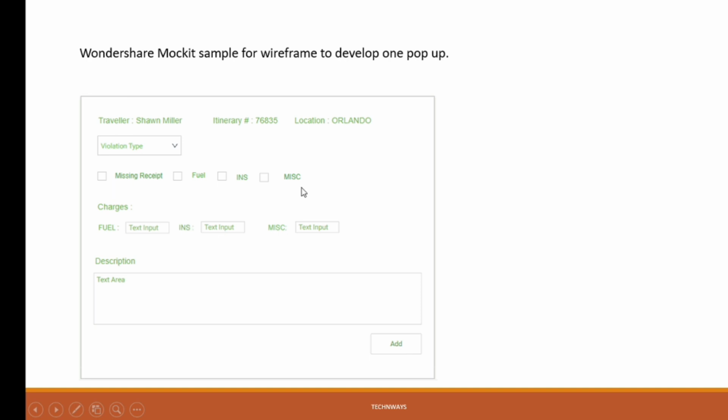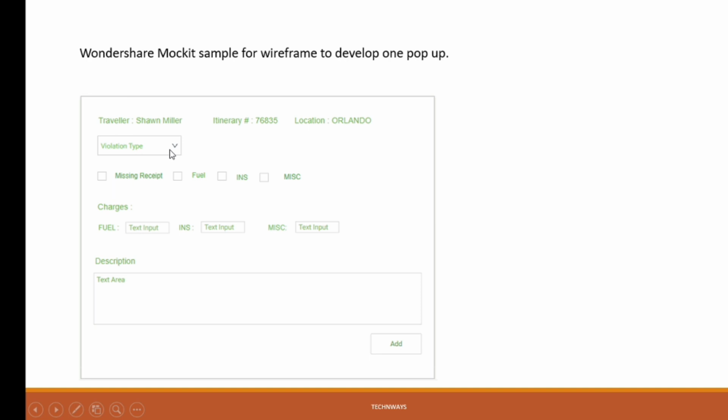I got one change in this wireframe when I reached out to my actual client to get it approved. Currently I'm using a drop down here.